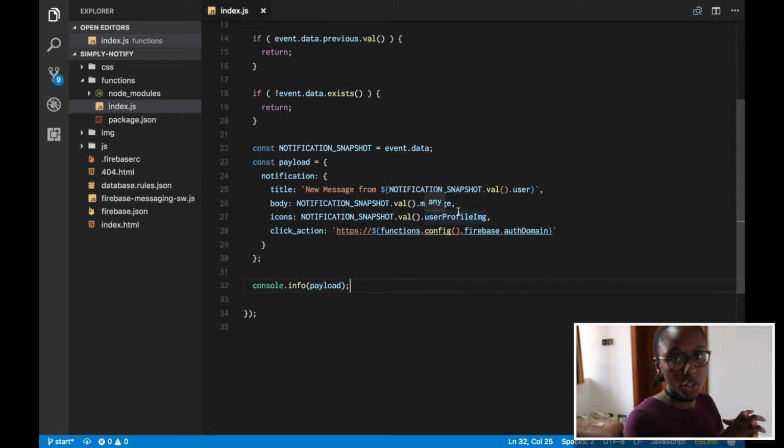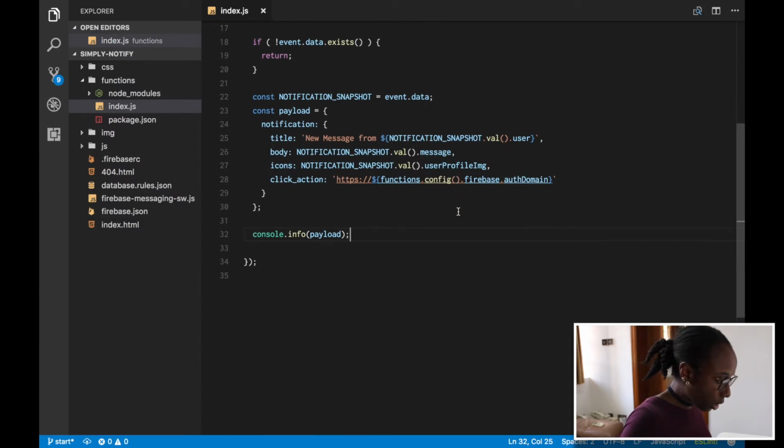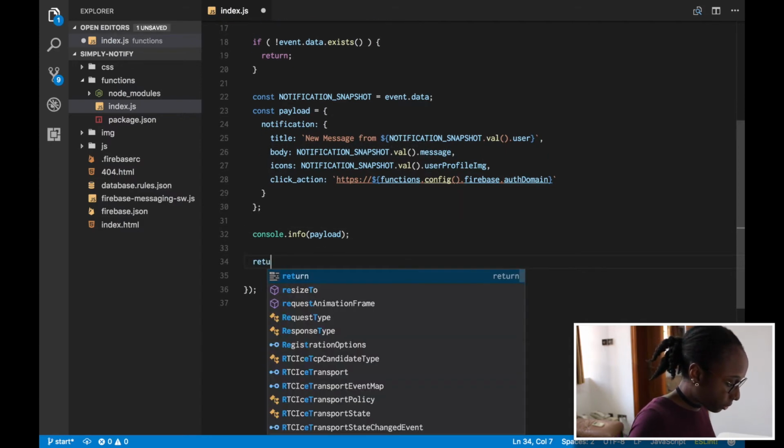So to send the notification, first of all, we obviously need to get all the tokens of all the users that have been subscribed. And as you know, we have our tokens node, which has this information. So similar to how we've been doing it before, we just need to get the array of notification tokens and send to each of those. So what we should do is return